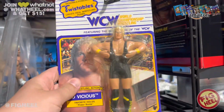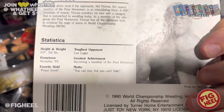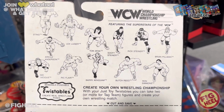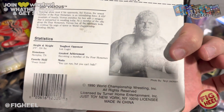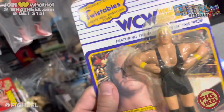They had a Twistable Sid Vicious, not Just Toys Bend-Ems, Just Toys Twistables. This is the OG name. And then I turned it over because I don't remember ever seeing one, because I got them as a small child. Love this artwork on the back. How freaking cool is that? So 90s, so retro. I actually took a picture of this to post on social media because it was such a cool thing to see that line art on the back of each character that's included in the WCW Twistables